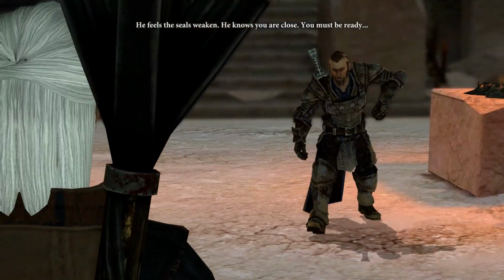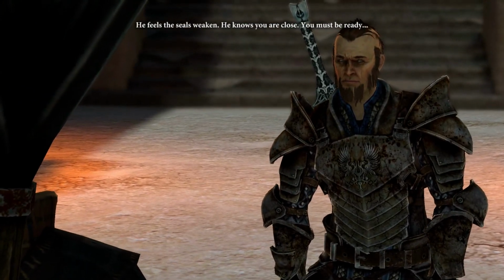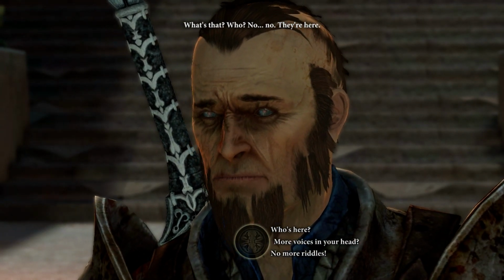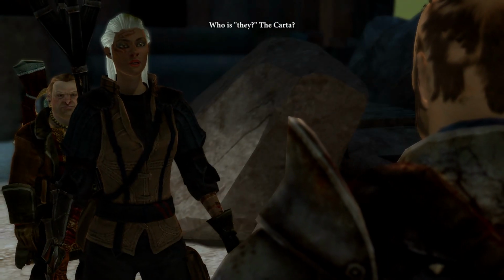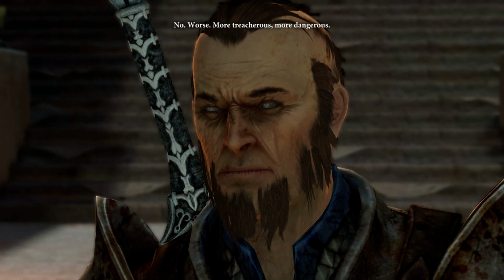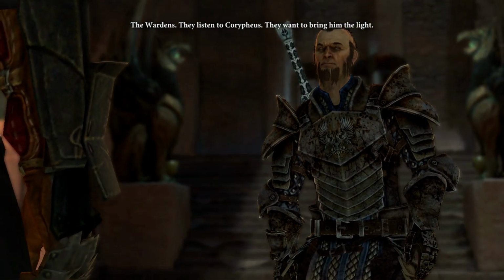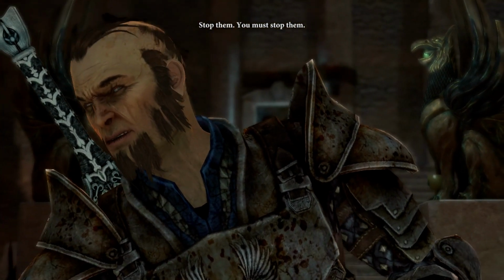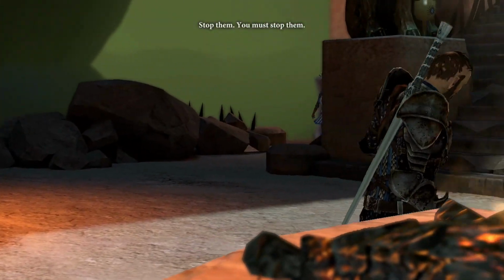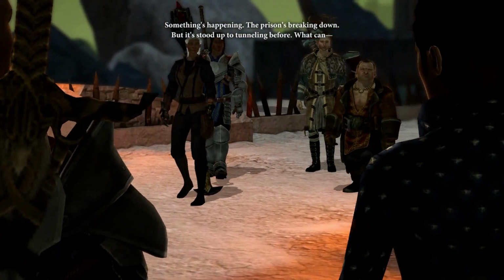He feels the seals weaken. He knows you are close. You must be ready. What's that? Who? No! No! They're here! Who is they? The Carta? No, worse. More treacherous, more dangerous. The Wardens. They listen to Corypheus. They want to bring him the light. Stop them. You must stop them. Something's happening. The prison's breaking down. But it stood up to tunneling before. What can...